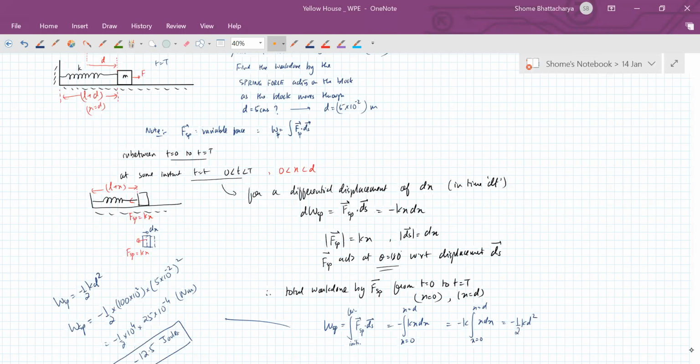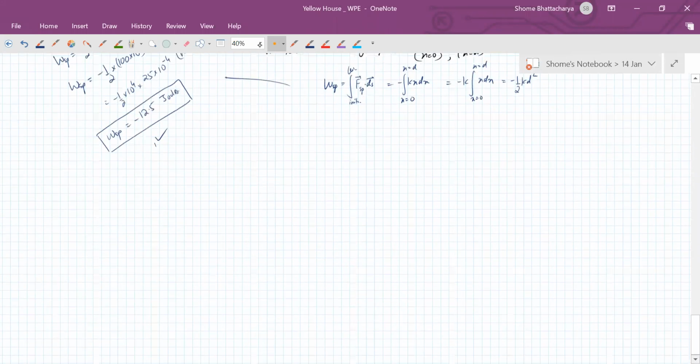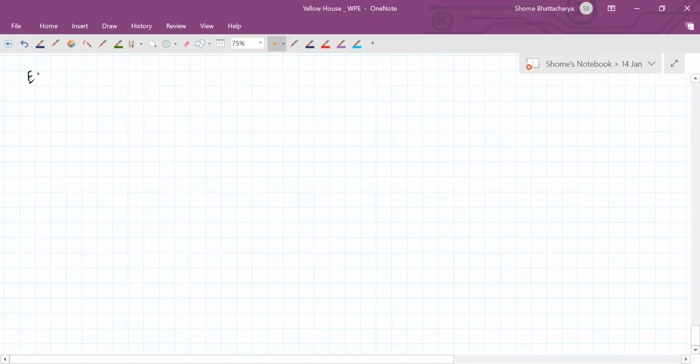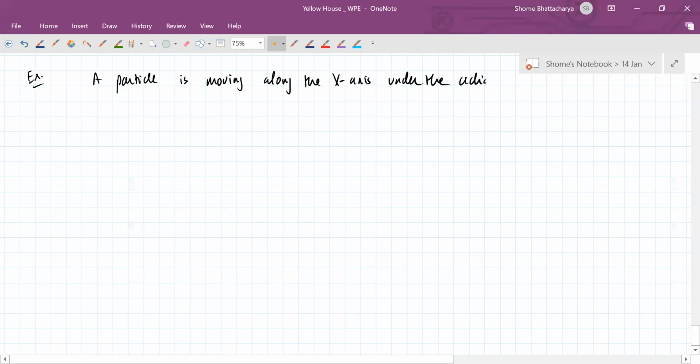Okay, so hope this example is clear to all of you. Let's do another numerical example for work done by variable force. So this time what happens is a particle is moving along the x-axis, okay, under the action of a variable force F